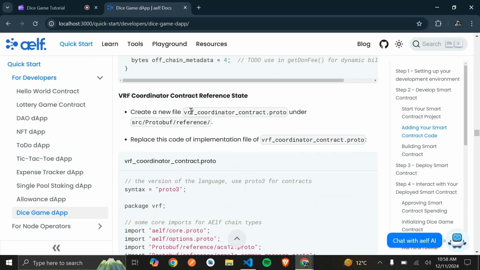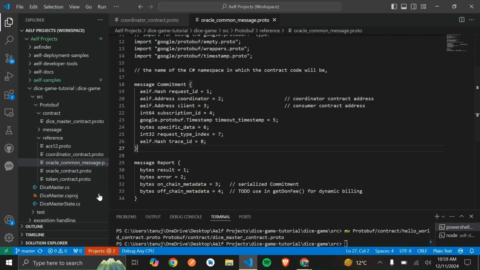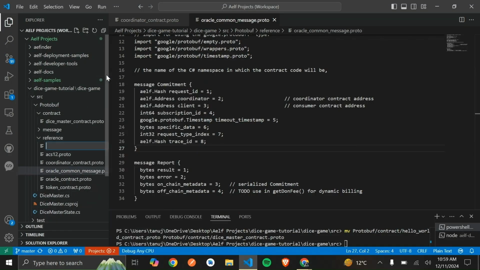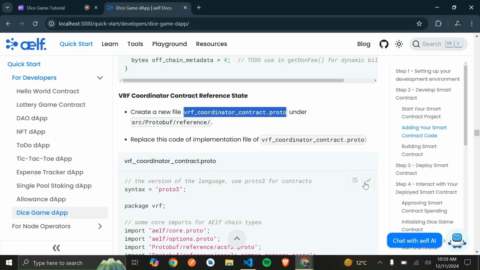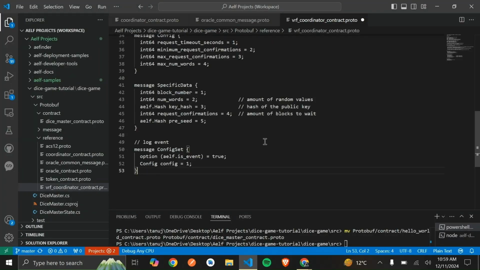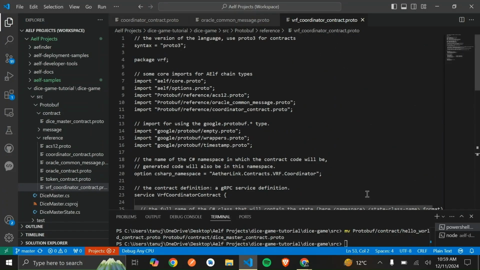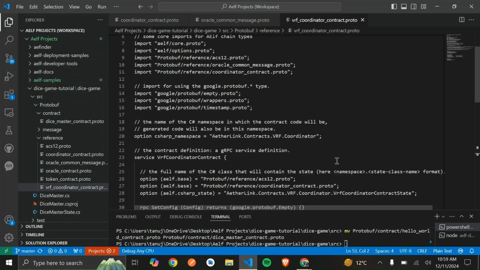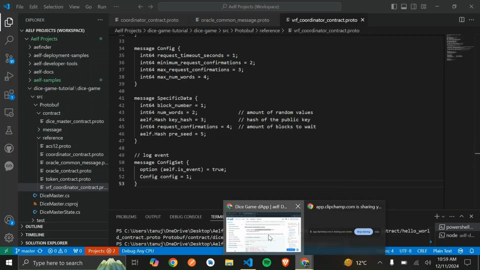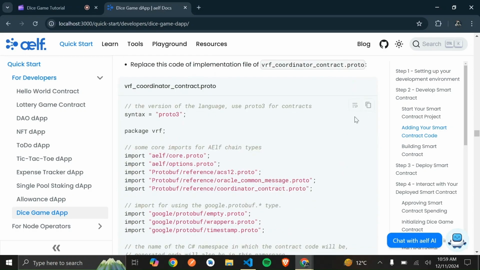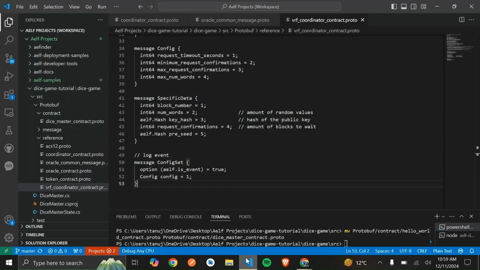Once we have done this, we can create another file named vrf coordinator contract.proto. We'll create this file under reference folder, and once we have it, we'll copy its implementation. This is also just a coordinator contract for interacting with the AetherLink VRF, which will be used to generate our random numbers for the lottery for this dApp game. So once we have implemented this,